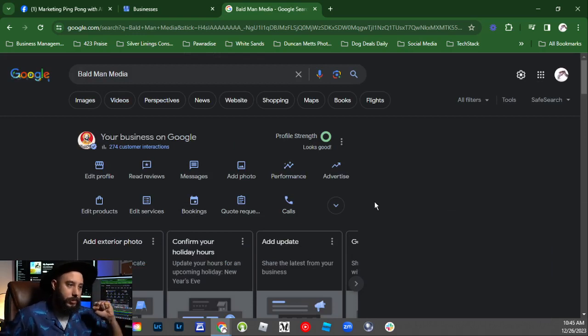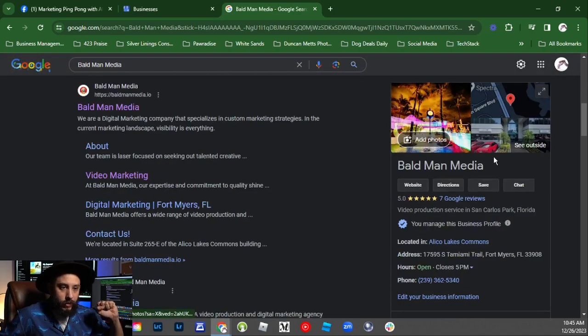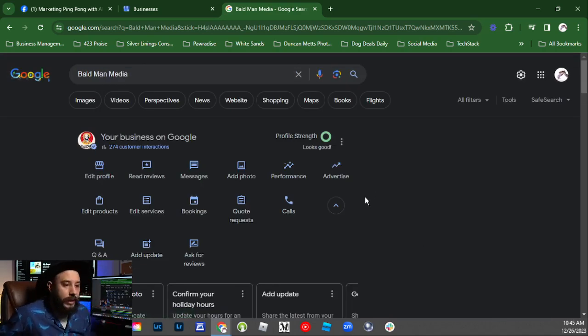You can also add your logo here, which I believe I mentioned already, and that's in the photos, add photos here. All right. If you guys have any questions about setting up and basically optimizing your Google My Business listing,